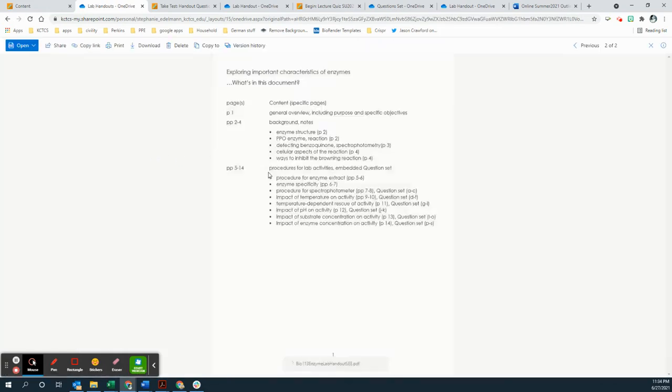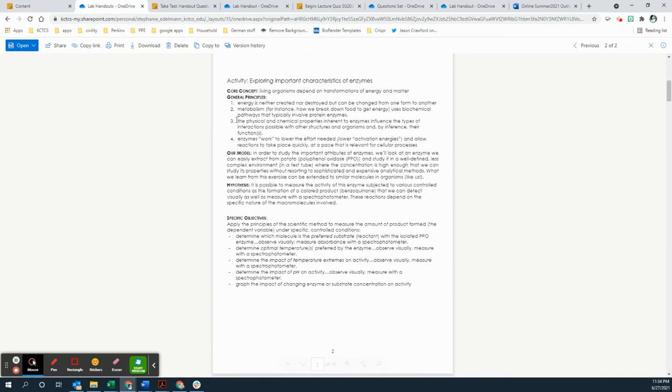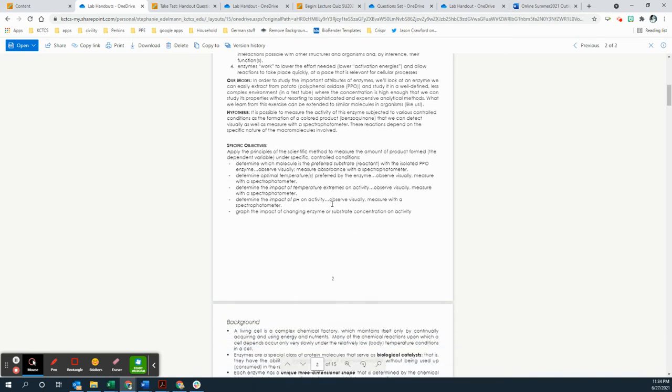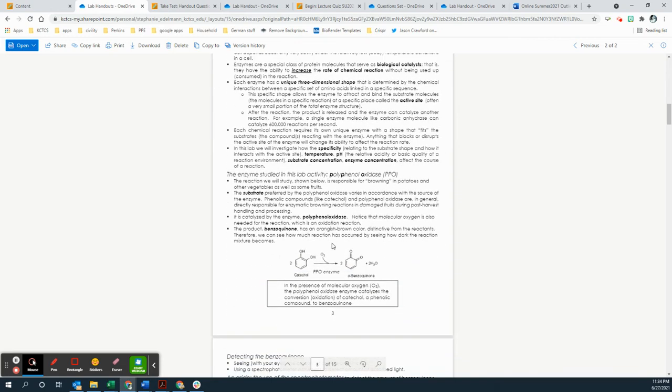In the lab handout this time, we actually have pictures. We talk about the scientific method again. We talk about how enzymes work and how these tools work. And in biology, everything has to do with shape. And so